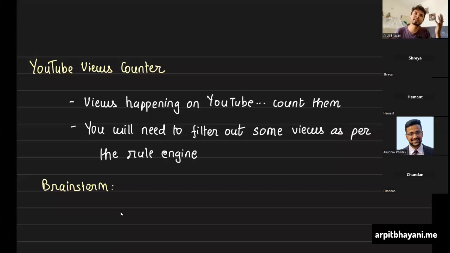Or for example, let me give some concrete examples on the rule engine. For example, if some person has watched this video twice within 5 minutes, don't count it as 2 views, count it as 1 view. If a video is, let's say, age restricted, but somehow a kid watches that video, like obviously a glitch in the system, you should not count that view, right?